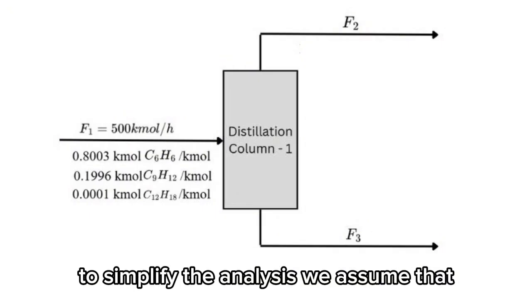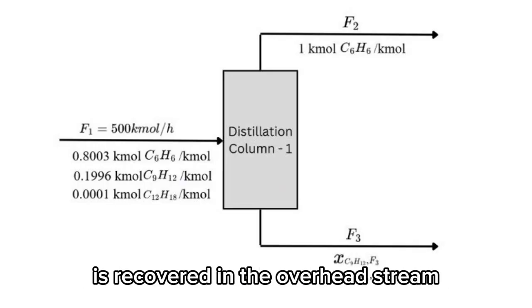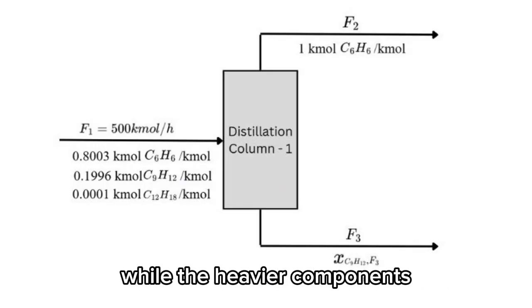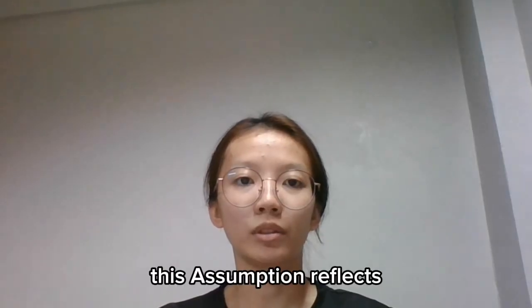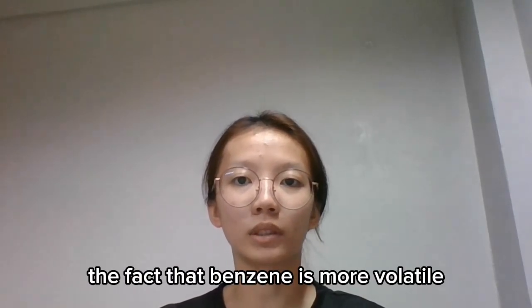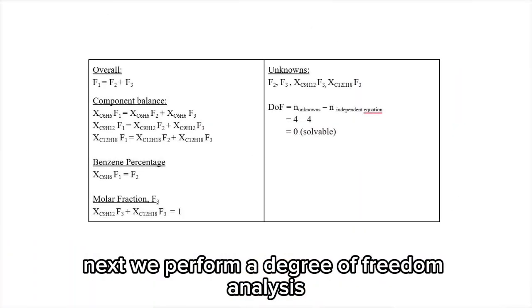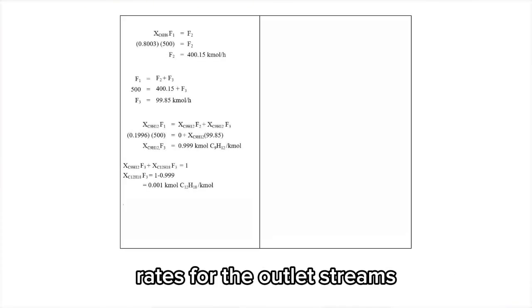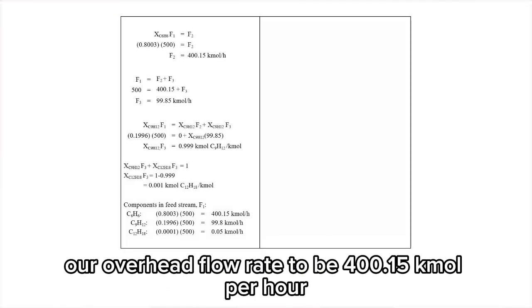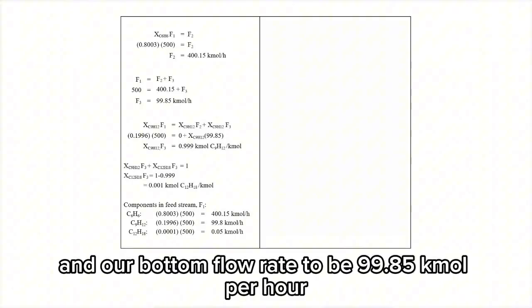To simplify the analysis, we assume that 100% of benzene is recovered in the overhead stream, while the heavier components, cumene and DIPB, leave through the bottom stream. This assumption reflects the fact that benzene is more volatile than the other two components. Next, we perform a degree of freedom analysis to determine the number of unknown variables and independent equations. From this, we can calculate the unknown molar flow rates for the outlet streams of the distillation column. Consequently, we determined our overhead flow rate to be 400.15 kmol per hour and our bottom flow rate to be